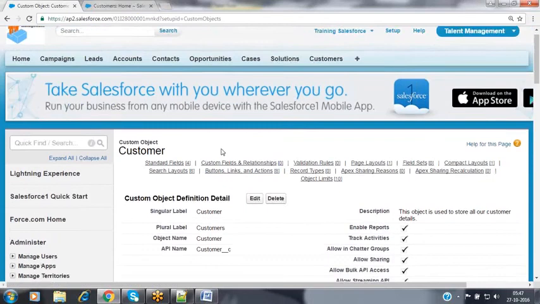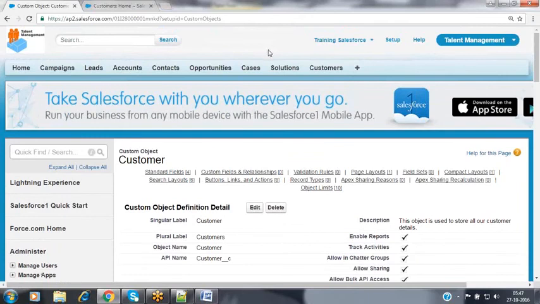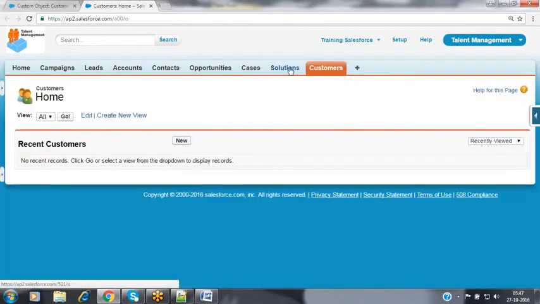I am not getting clear, Feroz, with this 01I and that another A00, what you said? So now when you click on these particular tabs, it is going to provide that object ID to you.